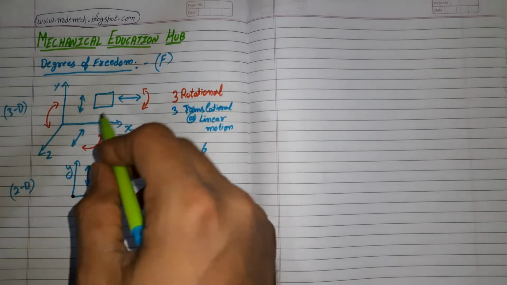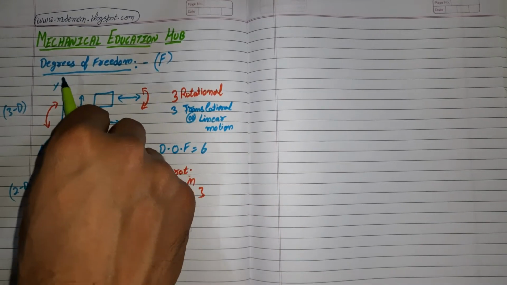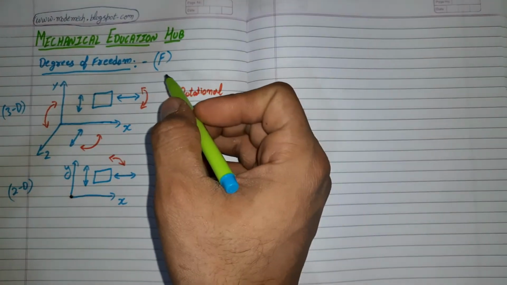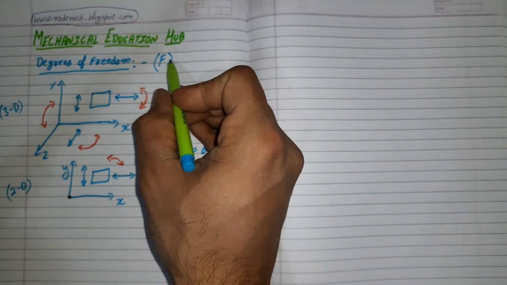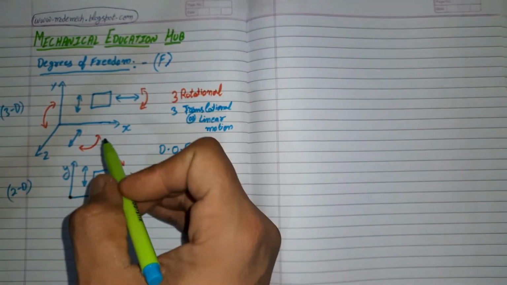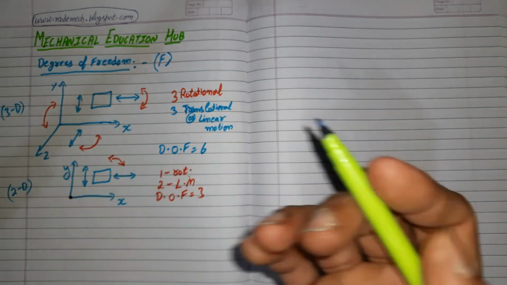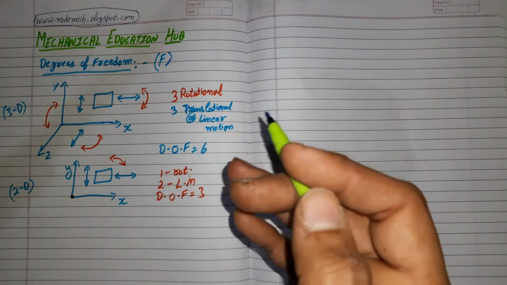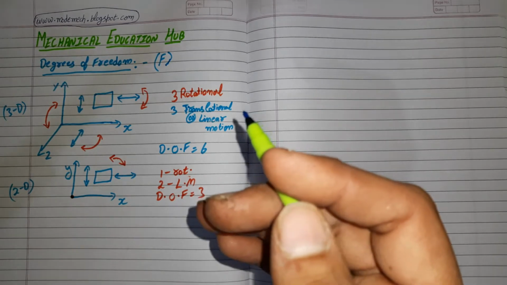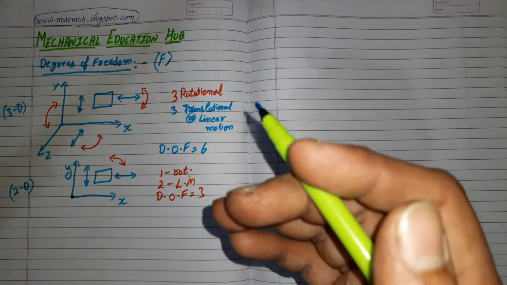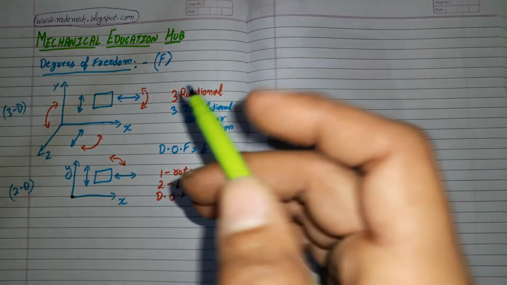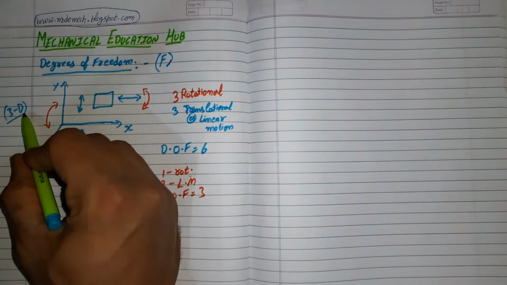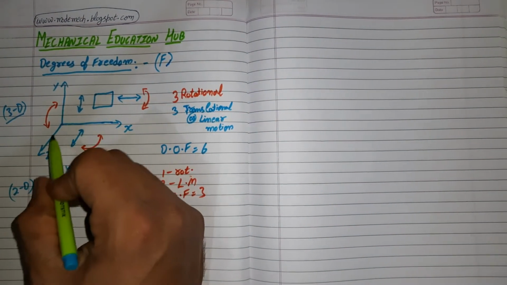This is Akash, and today we'll study about degrees of freedom. Generally, we represent degrees of freedom with notation F. Now, the minimum number of independent variables required to define the position or motion of a system is known as degrees of freedom. For having a better understanding, let us consider a 3D space system with X, Y, and Z